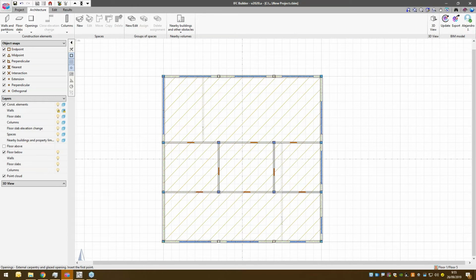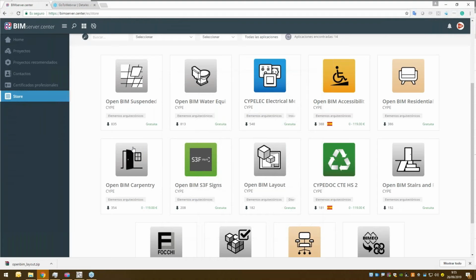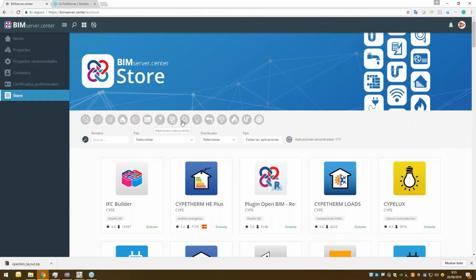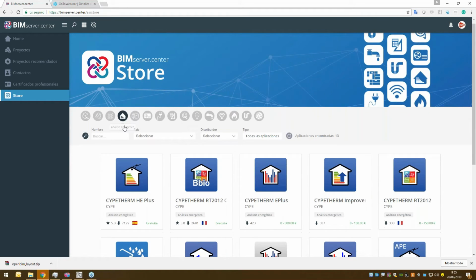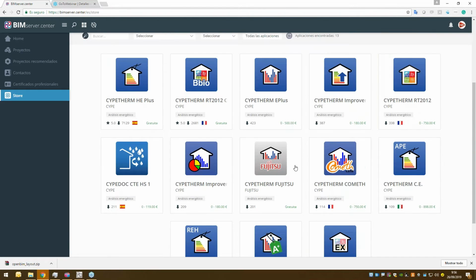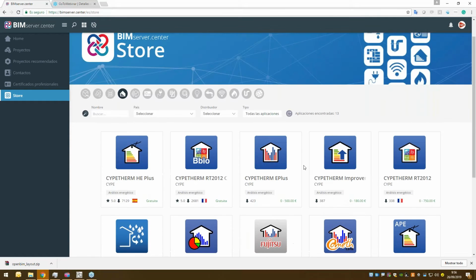from anywhere. For energy simulation, this software can produce. No, actually, this software is just for geometry definition. If you would go to the BIM Server Center store and then go to energy simulation, you're gonna, where is it? Yes, this thing. Well, I have it in Spanish, but this means basically energy simulation. Here you can find different softwares, some of them free, to help you finishing constructing this energy model and also make a full